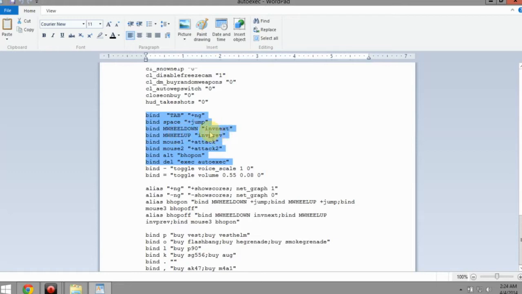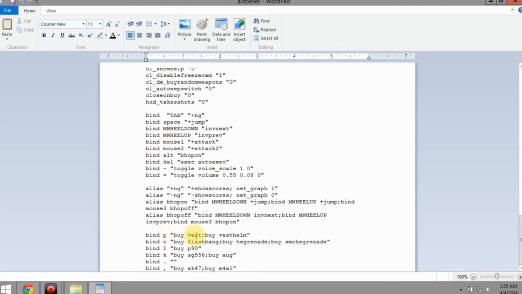But if you press the scroll wheel, it toggles bunny hop on, which I love because I like to just bunny hop around the map a lot. That's one of my favorite binds that I have. And then I use the P, O, L, K, period, comma system. If you look on your keyboard, it's P, O, L, K, period, comma. They're all relatively close and unused keys in my